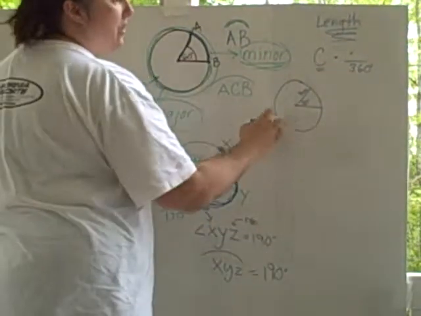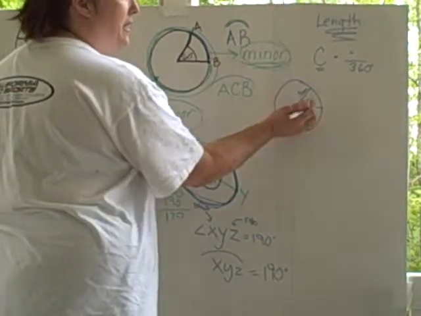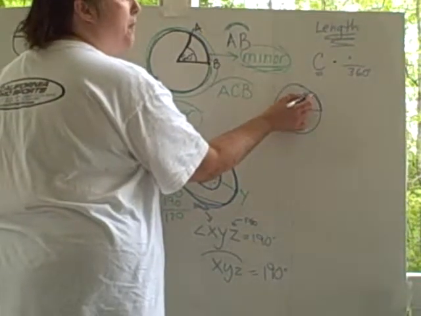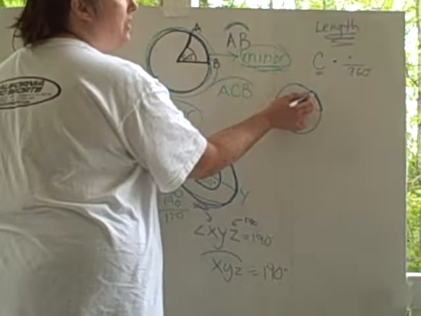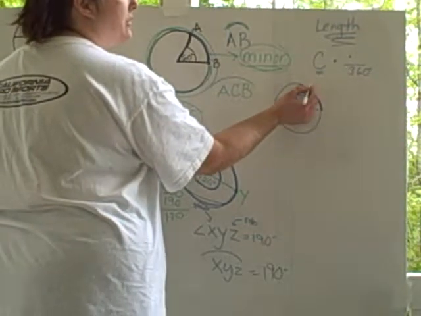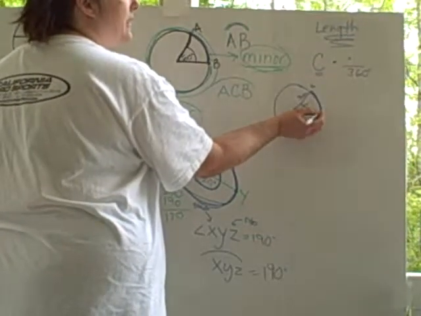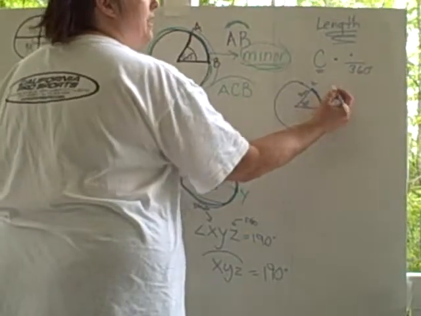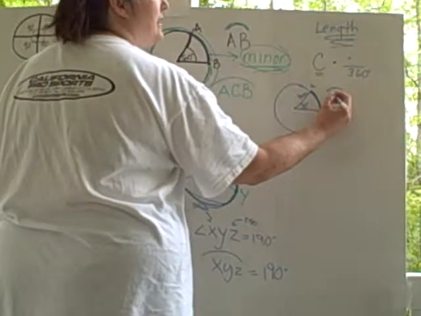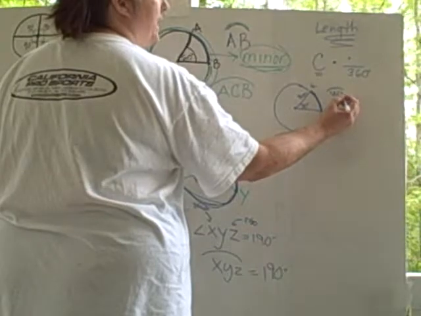If I have a circle that has a radius of 3 centimeters, and I want to know the measure of this arc, let's put some letters. Let's say W, V. If I want to know the length of W, V,